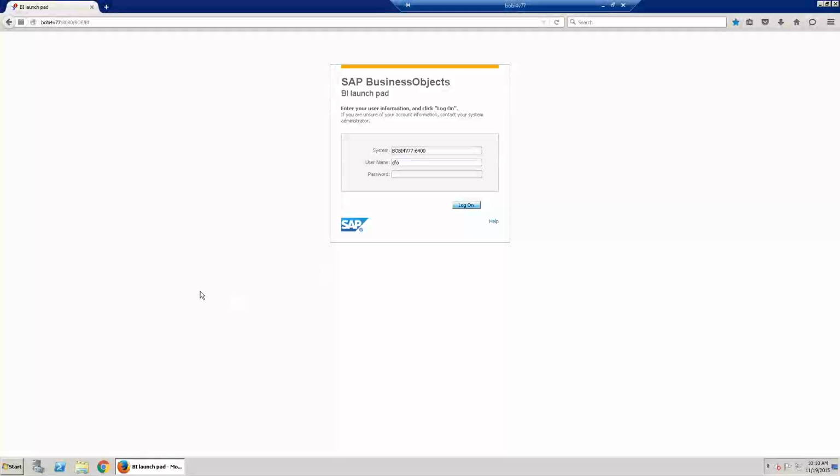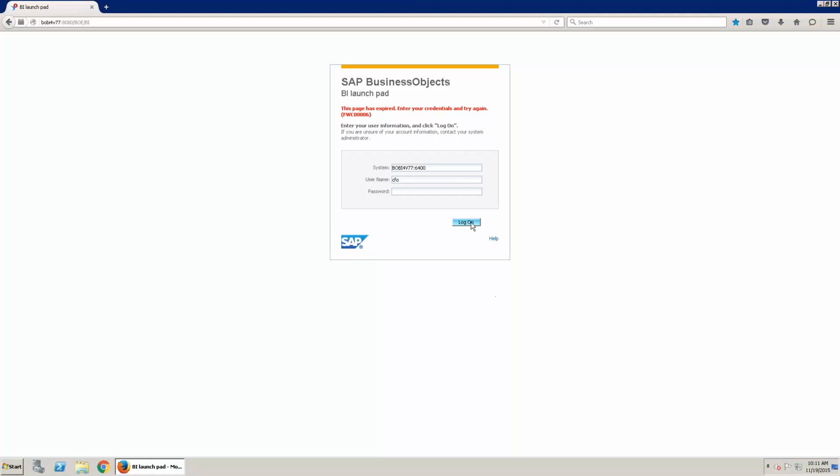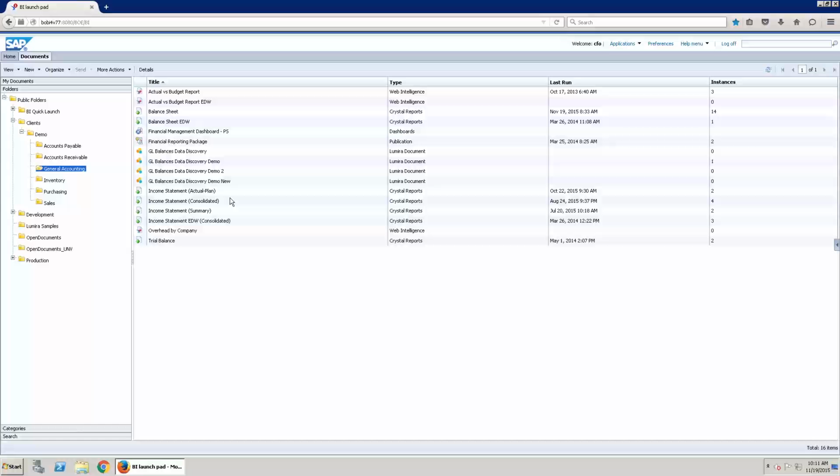We're going to log in now to BusinessObjects. This is the BI Launchpad. So I'm going to log in here as the CFO. And so you'll have different users, and because this is a full, robust platform, you can create users and groups of